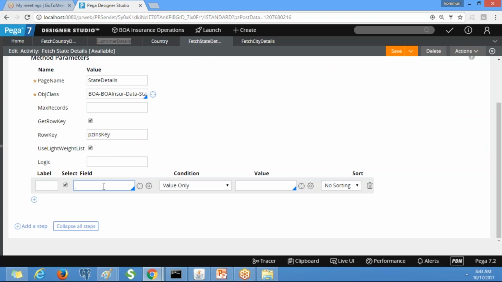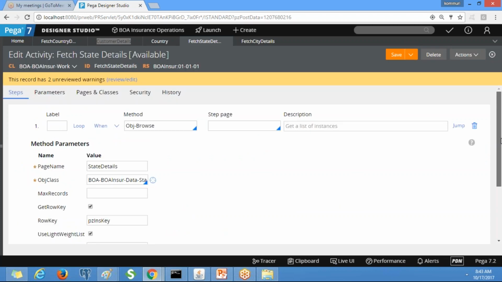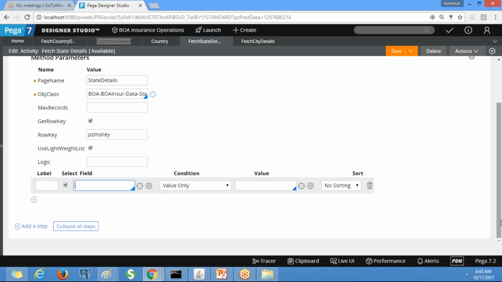Now come back to the steps tab. This is the state details activity. Here we need to select all the values which we want. By default, if you don't provide anything here, all the values will be populated on the clipboard. But we are restricting. We want only that particular country's related states here.